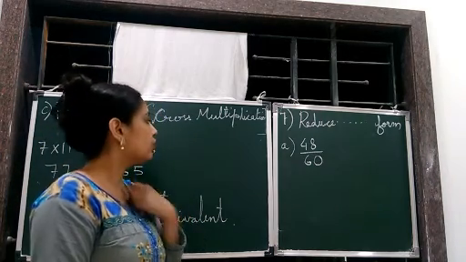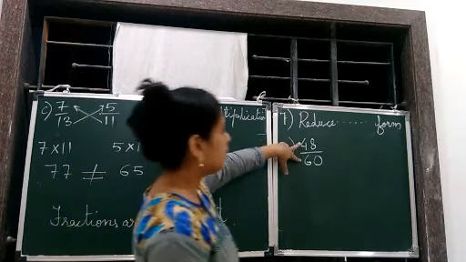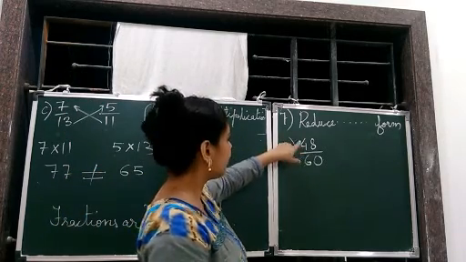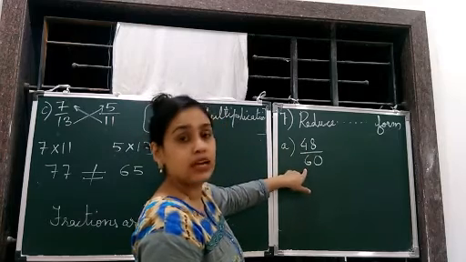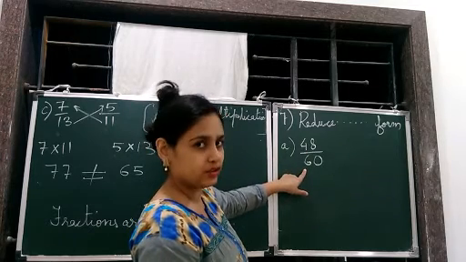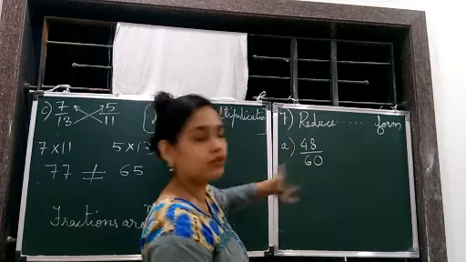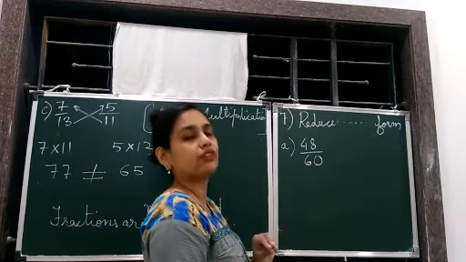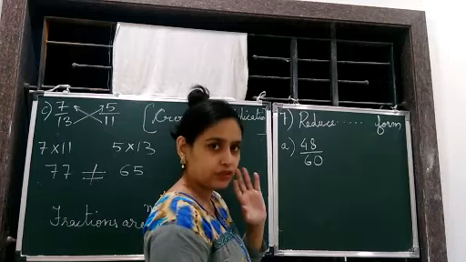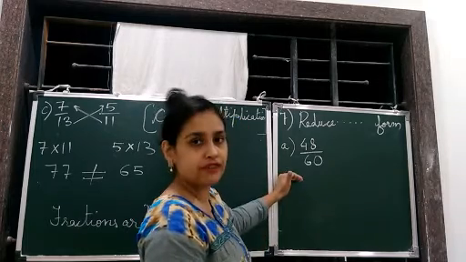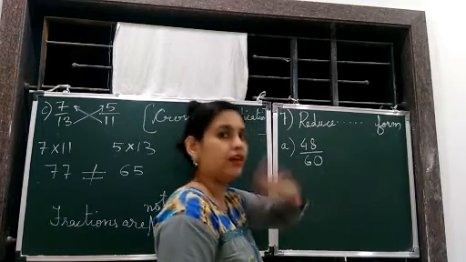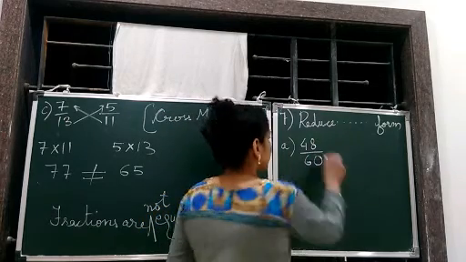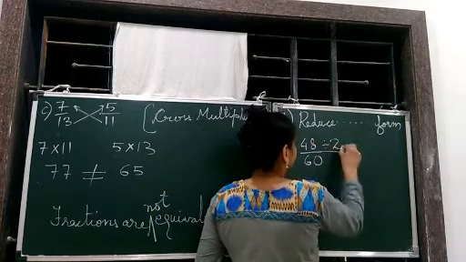Okay, so here you can see both are even numbers. Both will go by 2. Either you start that way, or if you can see this is 48 and 60, both are divisible by 12 also. Both come in the table of 12. So if you want to start with a bigger number, you can do it. If you want to go with a smaller number, you can do that also. There is no problem. So since this is the first one, we start with a smaller number. Then when we go ahead, we'll keep doing with the bigger numbers. So here we divide both by 2.